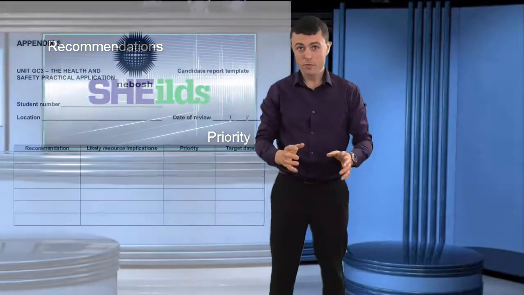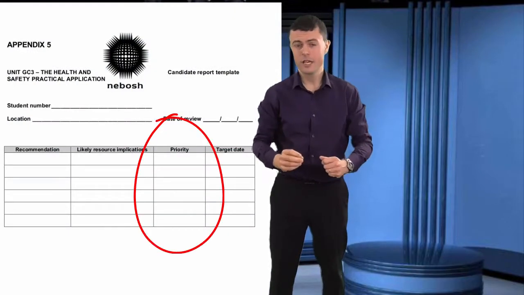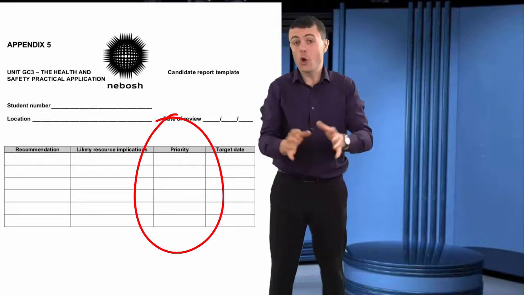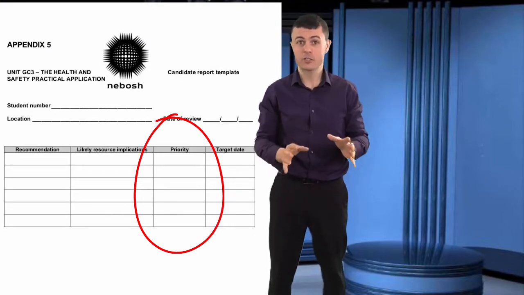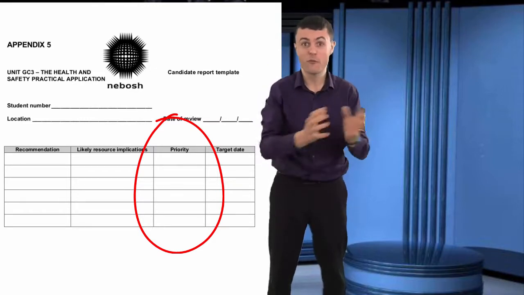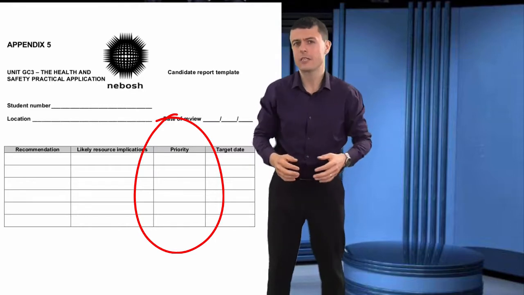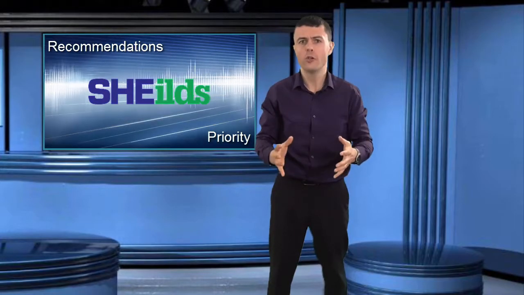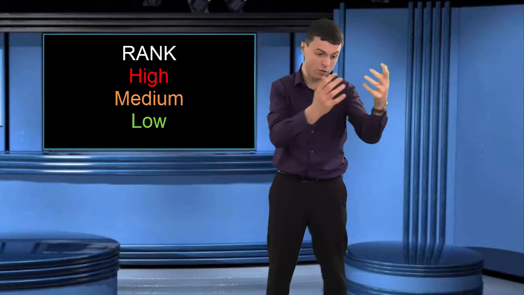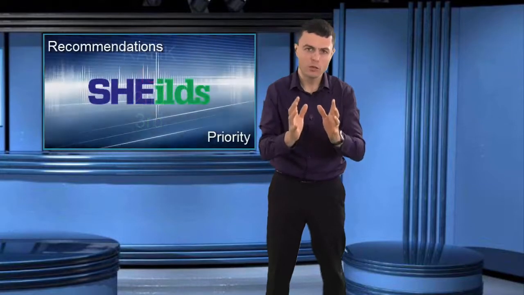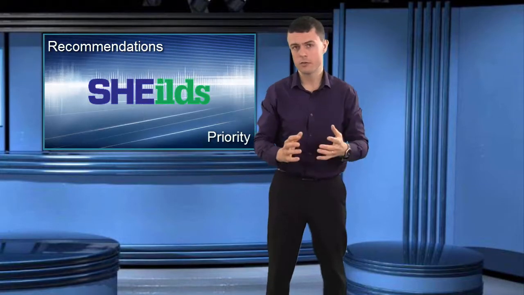In the third column, you need to prioritise your recommendations. And the prioritisation has to be useful to management. It's not helpful to have all recommendations classed as high priority. That doesn't tell us which ones need to be done first and which ones can be left until last. So you should try to rank your recommendations in some kind of order. Maybe rank them from high, medium to low, or maybe rank them numerically and say this one is done first, this one's done second, this one's done third, and so on. You can rank them any way you like as long as it's useful to the person reading it.